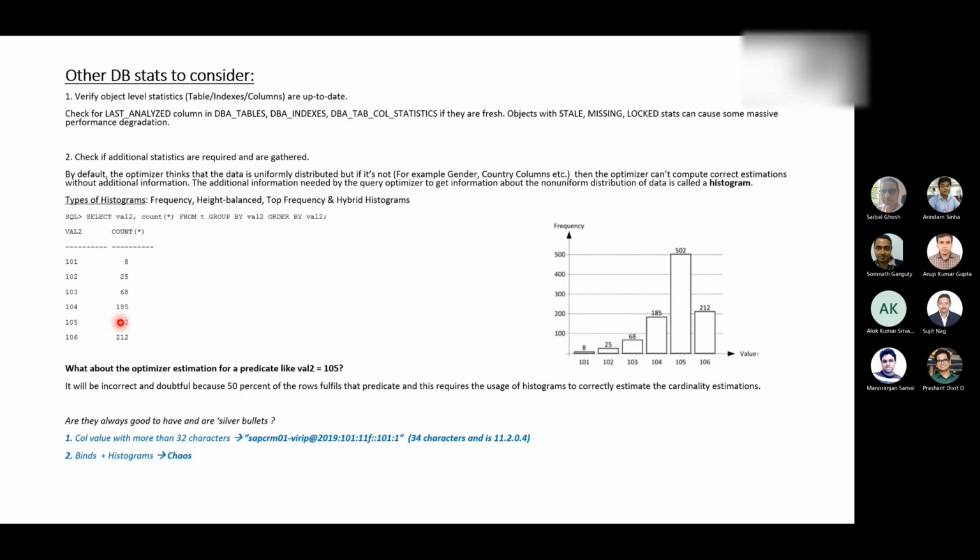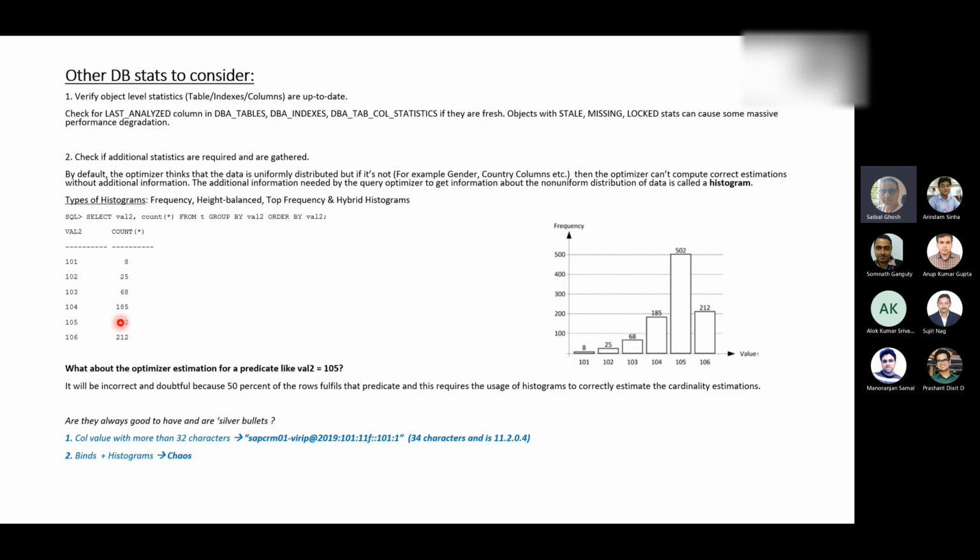Not so clear. Yeah, of course. This is not that easy to digest, I know. Saibal sir, would you like to help? Actually, I was trying to. I had written an article on adaptive cursor sharing. I was trying to find that, so I just pasted the link here. Okay, anyway, great.